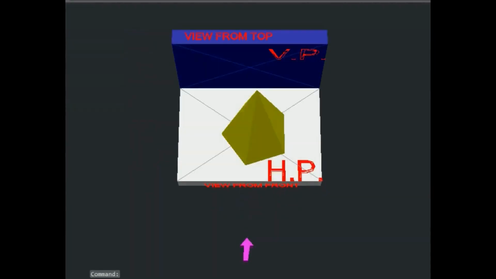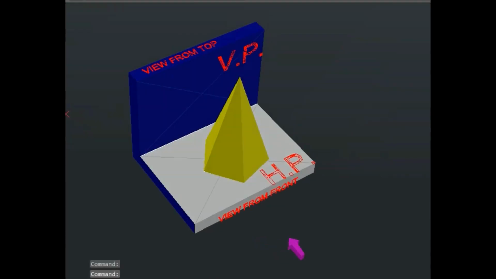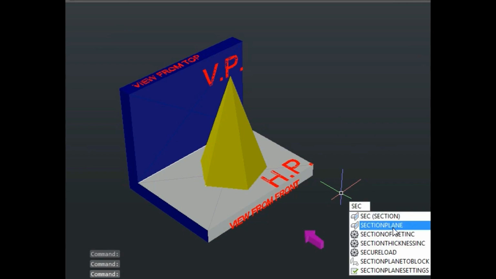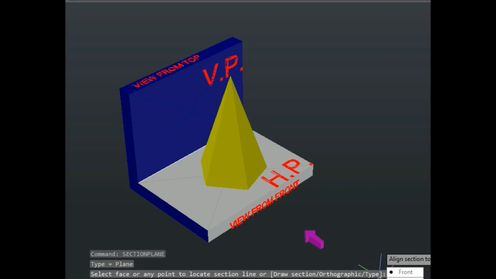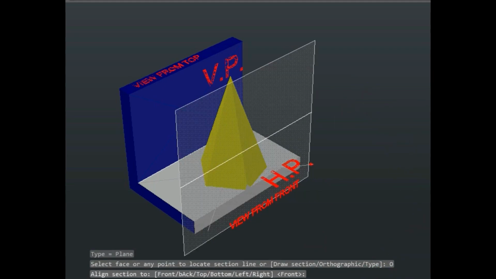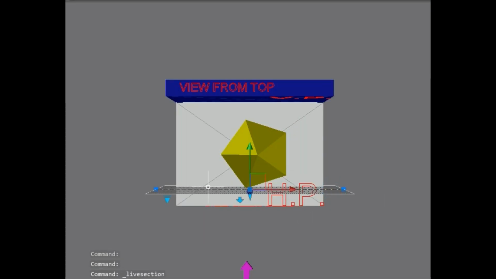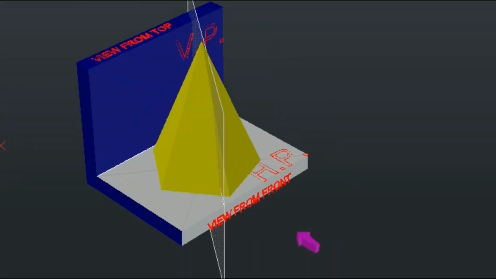So this is the pentagonal pyramid resting on HP with one of its edges perpendicular, as you can see. This was the case in the previous problem also. So I will bring in the section plane first. This is the parallel section plane with respect to VP, as you can observe here. But its actual position is given. First, this is a parallel section plane, but here the section plane is inclined with respect